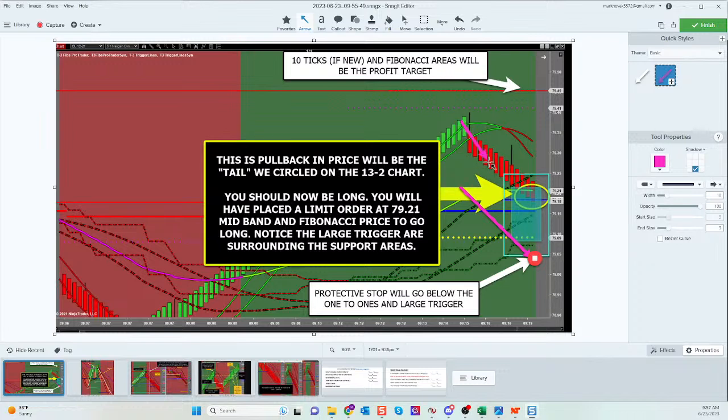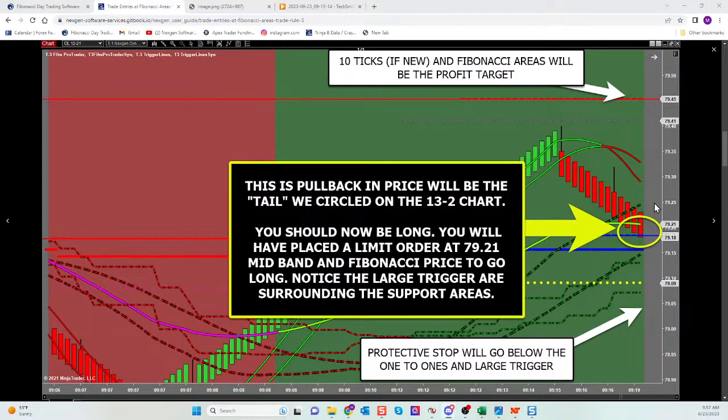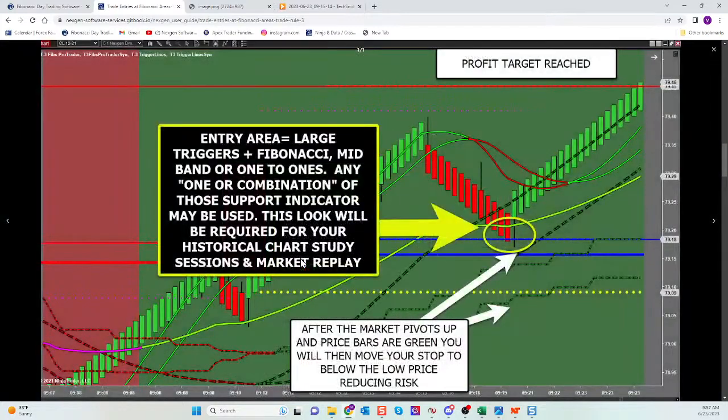Every time this market fills your order at the top of the window, mentally, be prepared for it to go to the bottom of the window. Be prepared to watch your P&L go against you. Be prepared to not freak out and jump ship because the rules are still met and you're still inside that window. Guys, this is a trade that I want you to catch every time it presents itself, because this is a trade when the conditions are met that typically wins 70 to 80% of the time.